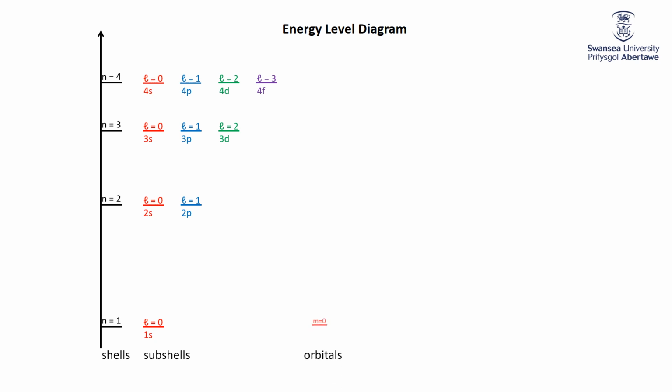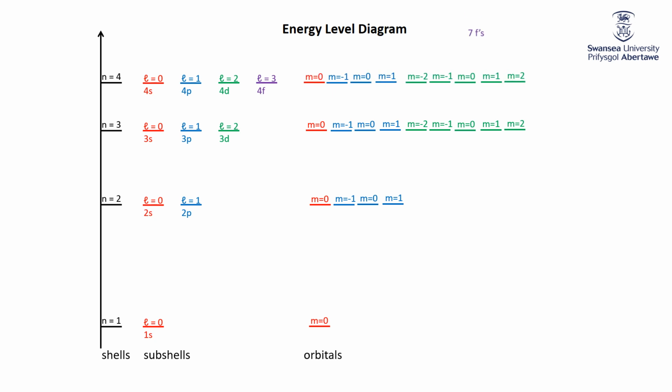And talking of orbitals, this is where it can get really complicated. N equals 1, first shell, there's 1 subshell, it's an S, there's only 1 orbital in an S subshell. Go up to the second shell, there are 3 orbitals in a P subshell, and of course the second shell can have the 2s or the 2p. Third, we've got 1 orbital that comes from the S subshell, 3 orbitals that come from the P subshell, 5 orbitals that come from the D subshell, and then I run out of space on the 4th one, so I'm just going to put in there are 7 F